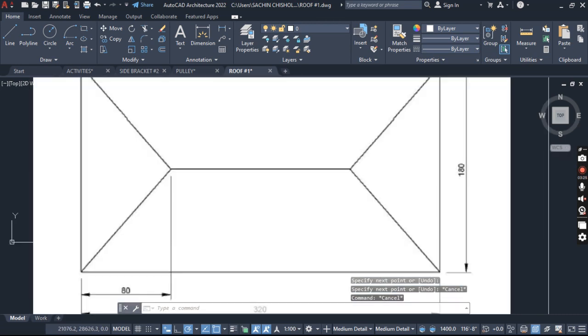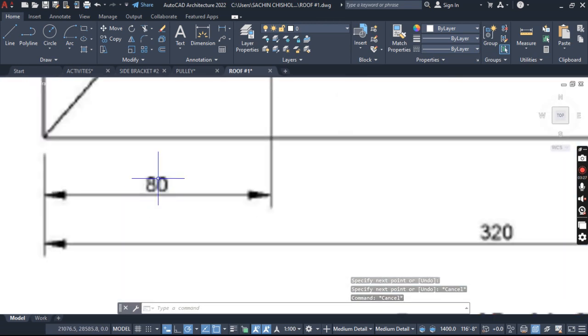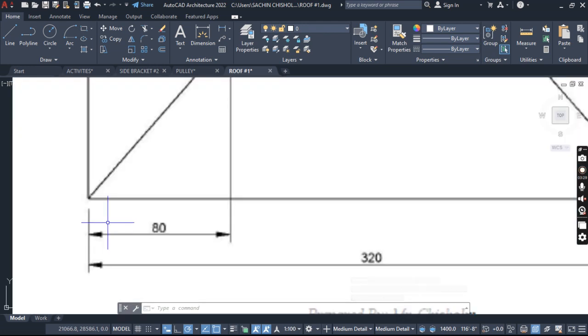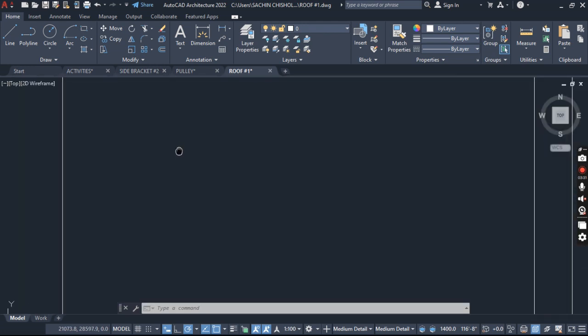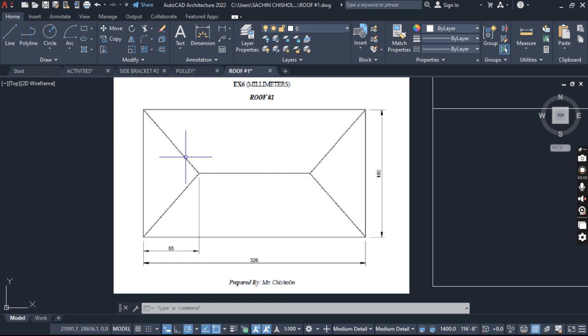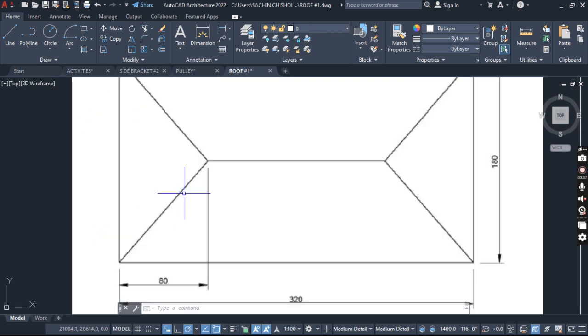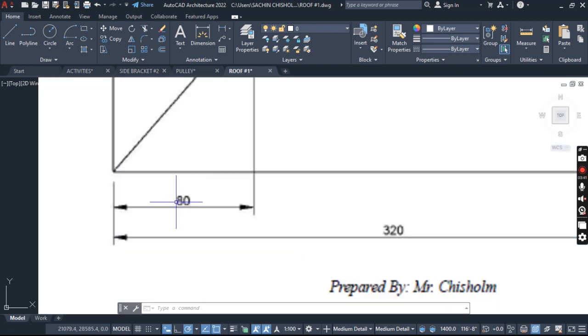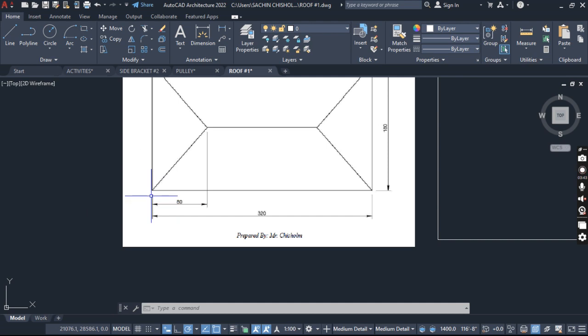All right, I now realize that from here the diagonal lines meet, or the 45 degrees line, these lines, they're 45 degrees. All right, so these lines, they meet the center line at a distance of 80 from the left